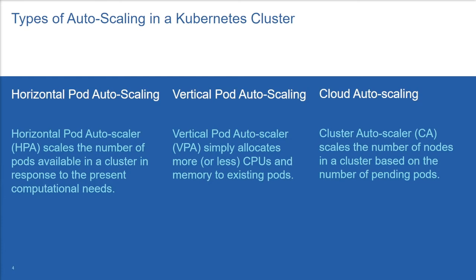HPA is particularly important because although there is vertical autoscaling, where we increase the individual size of replicas, it becomes impractical to scale beyond a certain size. Because even though we have huge servers out there with terabytes of RAM, even those hit some physical limit and at some point become impractical to scale. So what we often focus on is horizontal scaling, where we can simply add new instances to our infrastructure. In the end, we have cluster autoscaling, which is horizontal autoscaling, but for Kubernetes cluster. Since we are talking about application deployments, we will not be looking at it in detail.